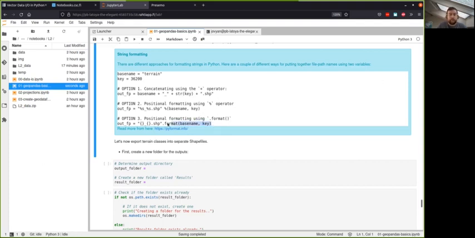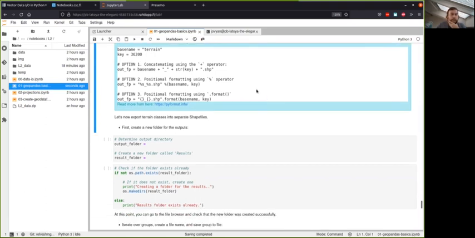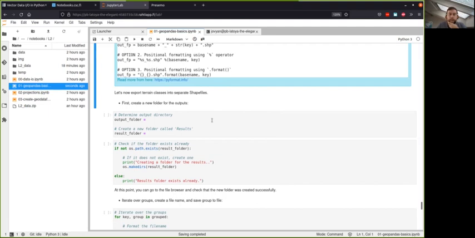So the format using .format type. If you want to know more about that, you can read up on it in the link here. But for now, we will just continue using the so-called positional formatting with the .format function. Okay, but let's move on